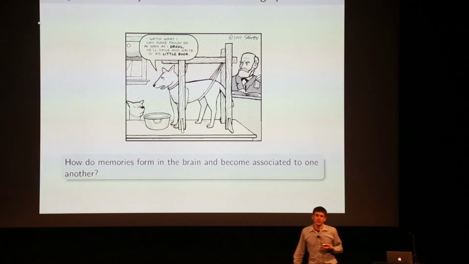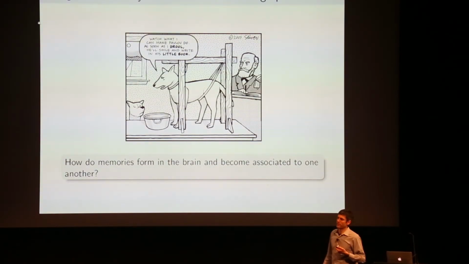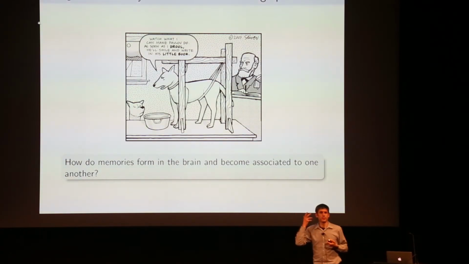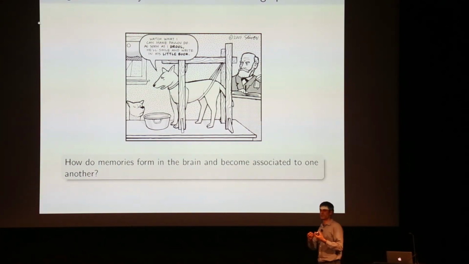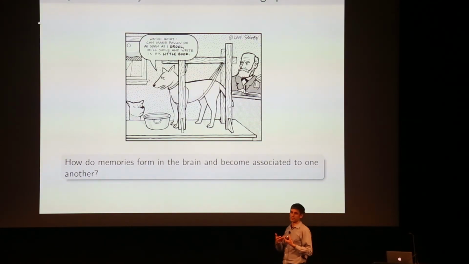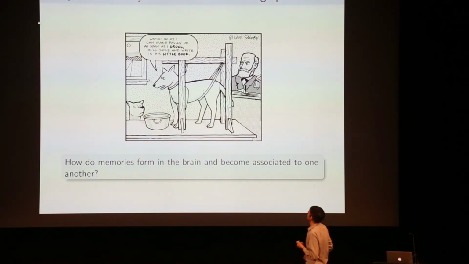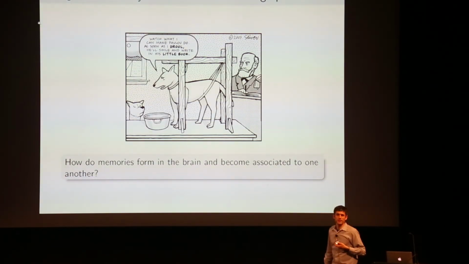Okay. The final paper in the session will deal with a very different type of information processing in networks, that is the neural network of the brain, and the way that information in the form of stimuli gets encoded into long-term memories and associations between them. So we all know, for example, that Pavlov did this experiment where